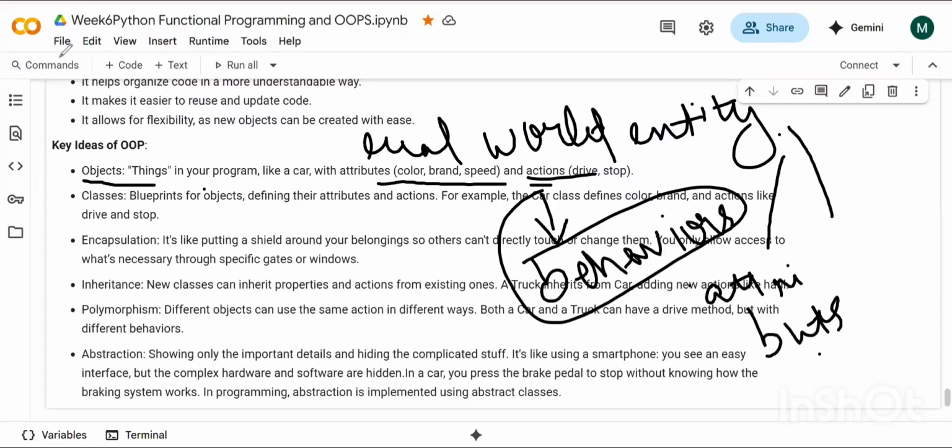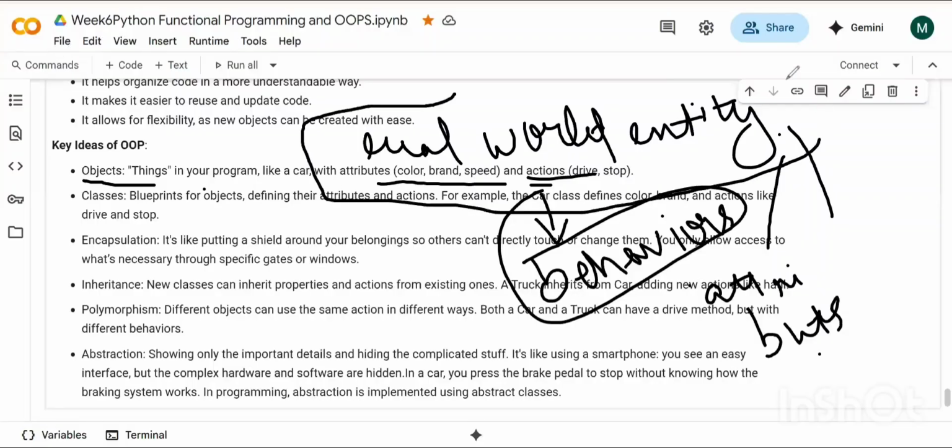Clear with object, guys? Once more. Okay, let's do it once more. In our showroom, I told you guys the example of showroom, no? Each car is an object. Object is essentially what?